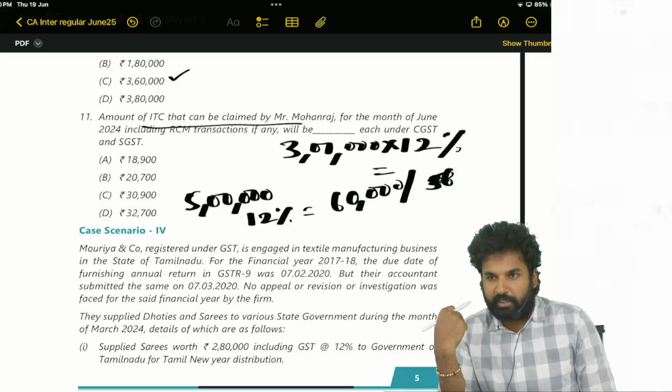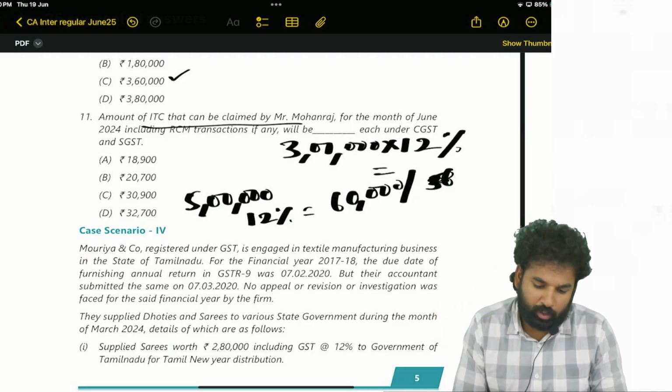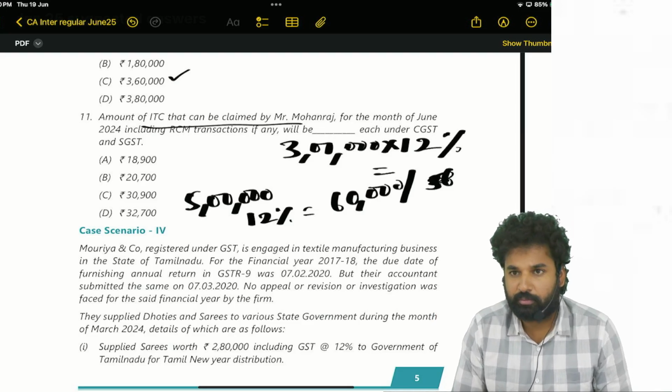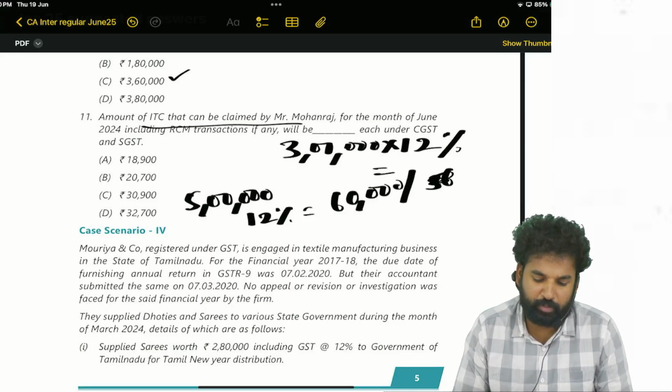On the 2 lakhs, ITC has to be reversed. First of all, I can take input tax credit on what amount? 5 lakhs amount. Entire 5 lakhs amount I can take. Okay, you tell me. So ITC that can be claimed by Mohan Raj for the month of June, including RCM transactions, will be